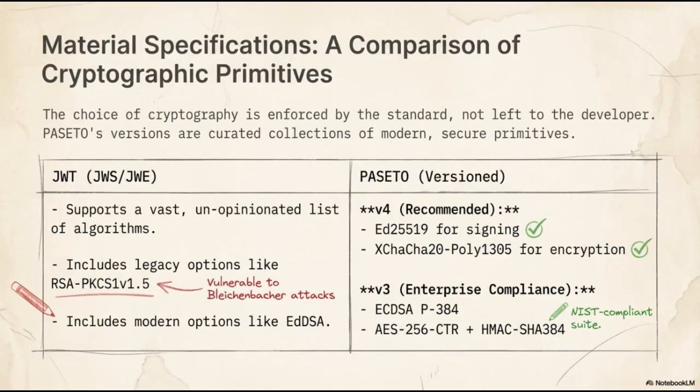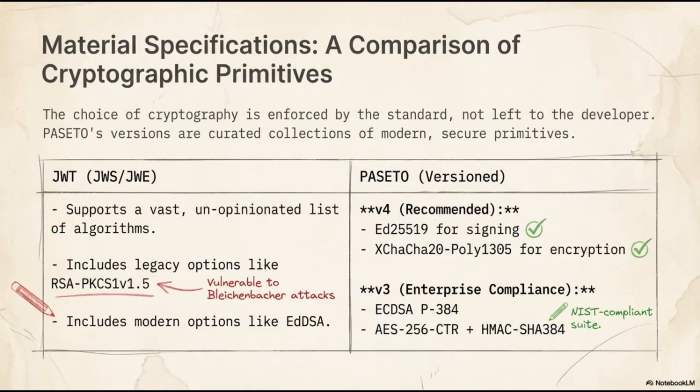PASETO takes a different approach by enforcing specific primitives through versioning. Instead of picking individual algorithms, developers choose a curated version. Version 4 is the current recommendation, utilizing modern, secure primitives like Ed25519 and XChaCha20. For environments requiring strict NIST compliance, version 3 offers a specifically vetted enterprise suite. Ultimately, by making these choices part of the standard rather than leaving them to the developer, PASETO significantly reduces the